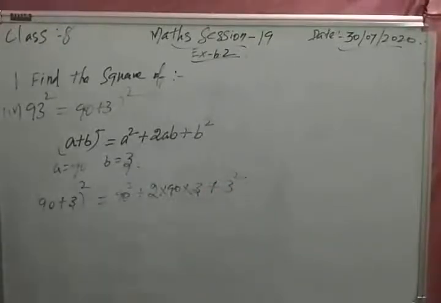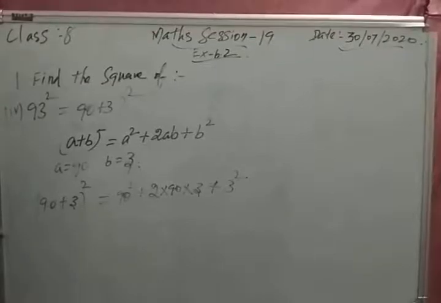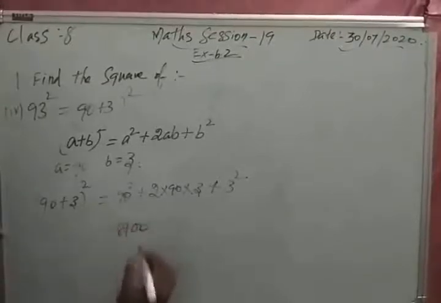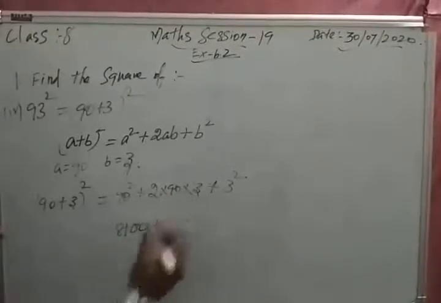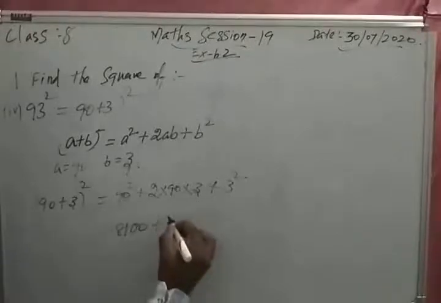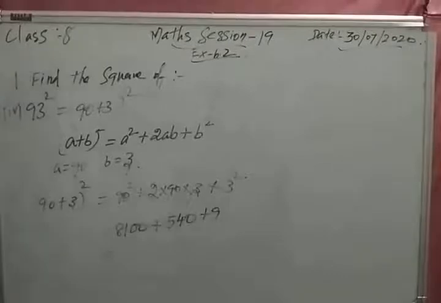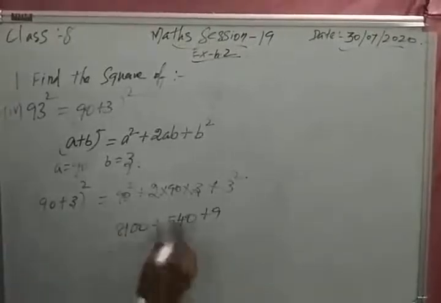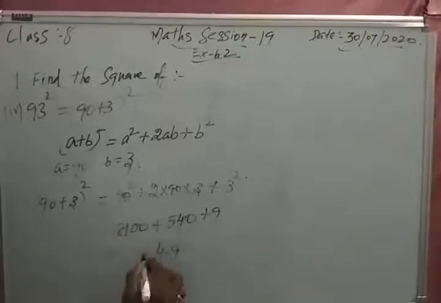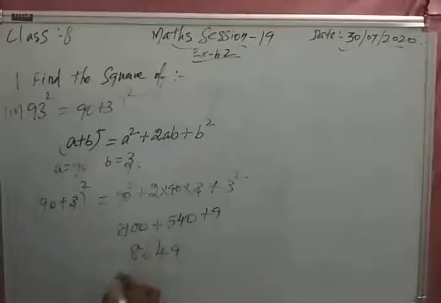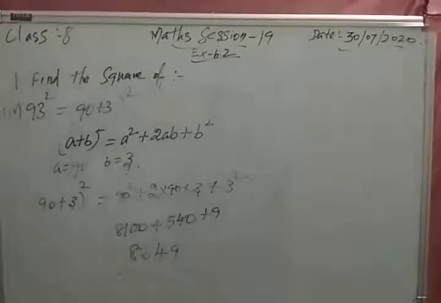Okay. Now you can just substitute the values. 9 9s are 81. Then add 2 zeros. Then 3 2s are 6, 9 6s are 54. 540 plus 9. What will be the answer? Last term is 9. Second term is 4. 6 8. 8,649. Okay. Then now going for the fifth one.